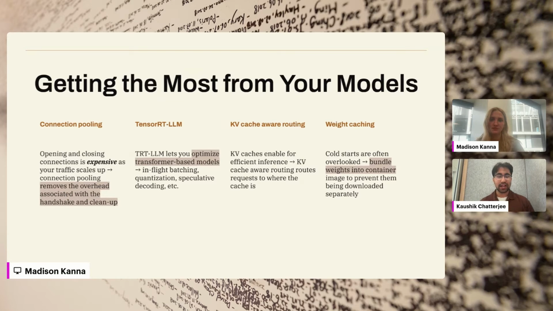So TensorRT-LLM is our engine of choice. It's from NVIDIA. You can think of it as a framework that lets you optimize transformer-based models. We'll be talking about Whisper from OpenAI, as well as Orpheus from Canopy Labs. These are both transformer-based models, luckily, so this means you can make the most of them using TRT-LLM. It gives you stuff like in-flight batching, quantization, speculative decoding, and a bunch more things to really get the